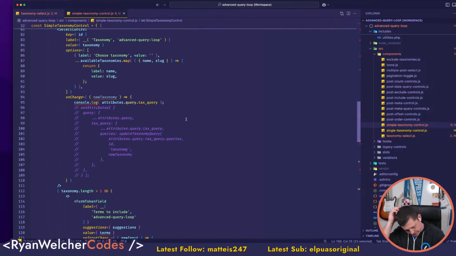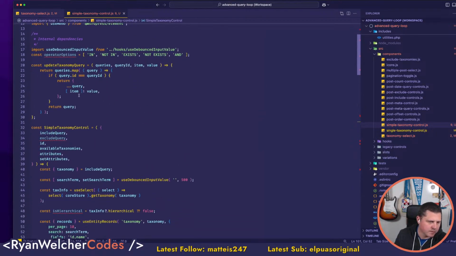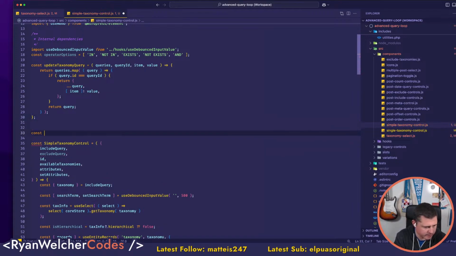Okay, I'm trying to think how I need to do this now. So this update taxonomy query is right here. So I think I need a better way of doing this. So I need a const update taxonomies. Tax for